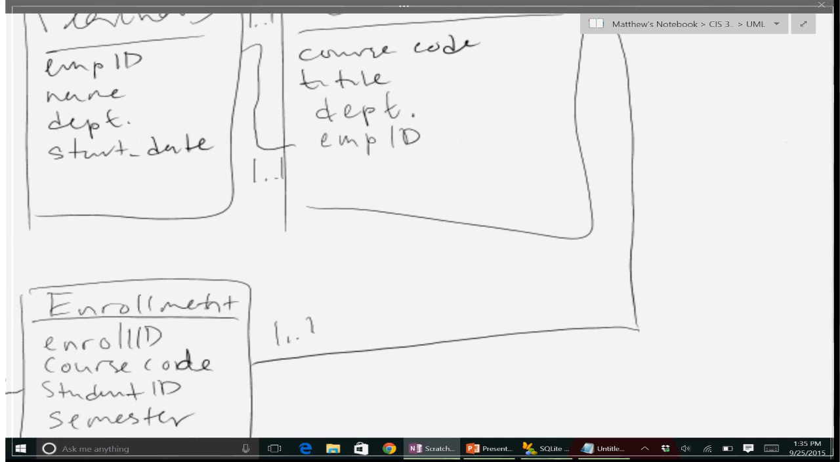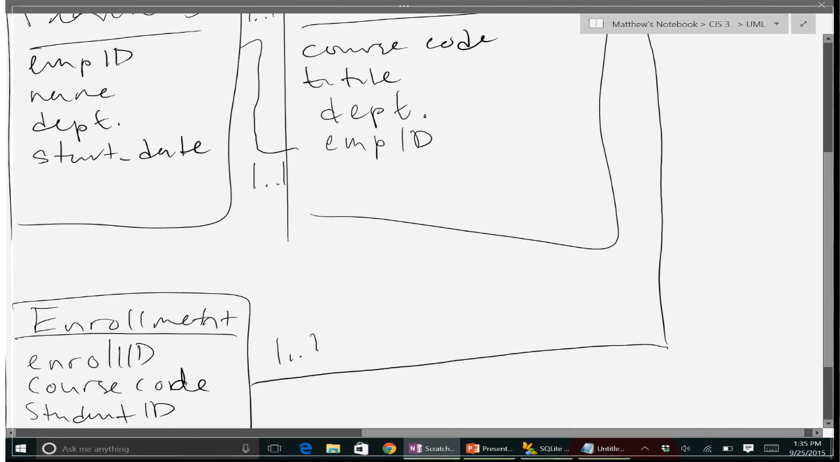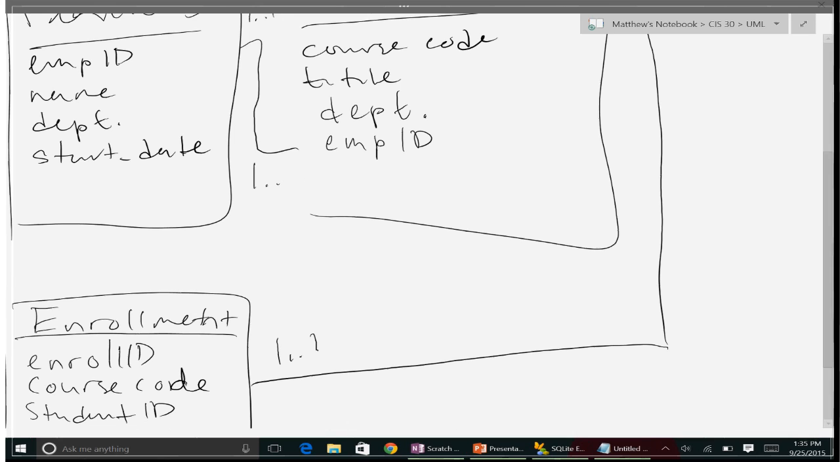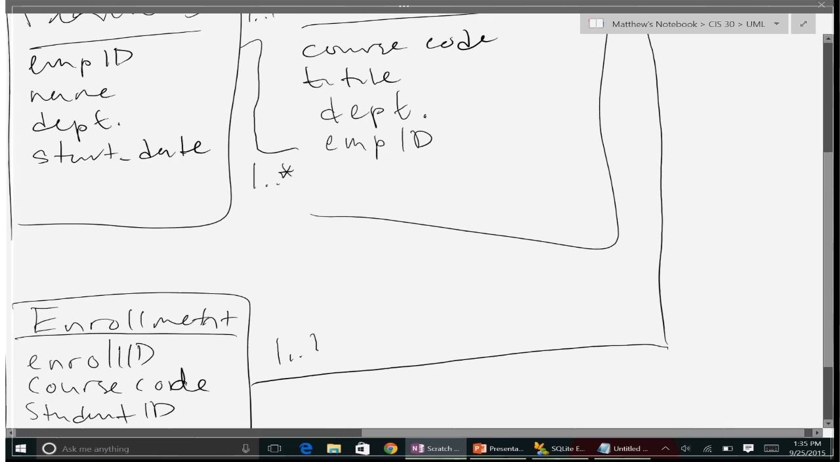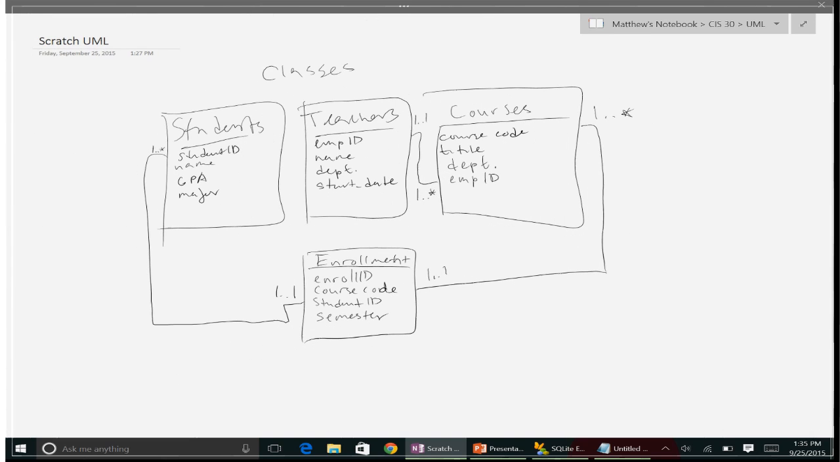I actually made a mistake. This is one-to-many. Teachers can be attached to many different courses. But every course only has one and only one teacher. Multiplicity is tricky,